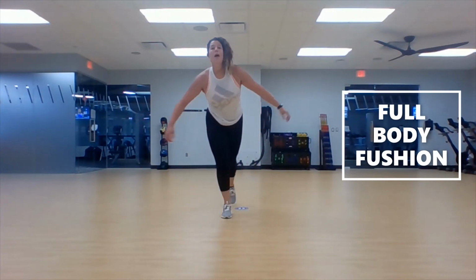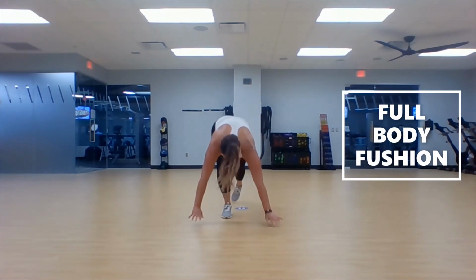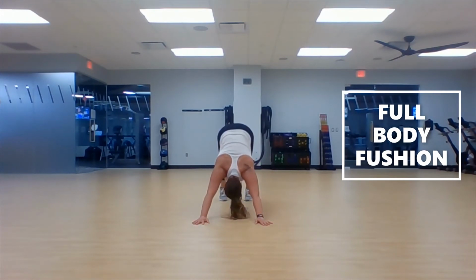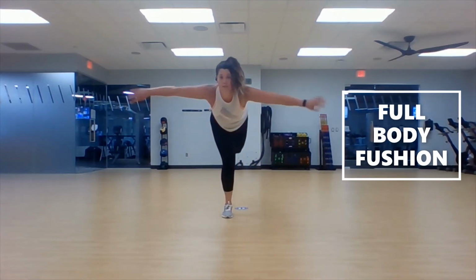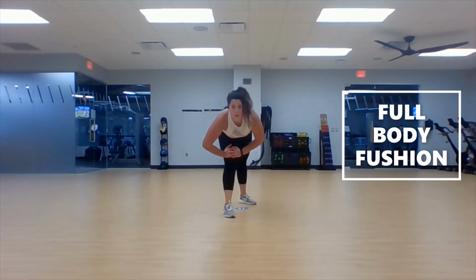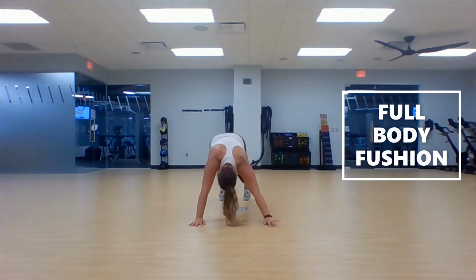Woohoo, balance. Prep. Pyramid. Take it all the way down for 1 push-up. Just down dog, no crouch. Right leg up. Warrior 3. Prep. Pyramid. Take it all the way down, 1 push-up, hold down dog,